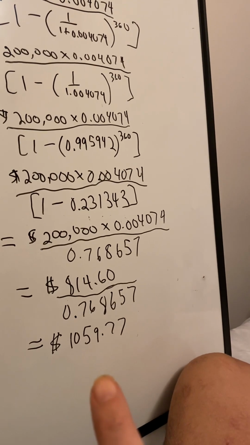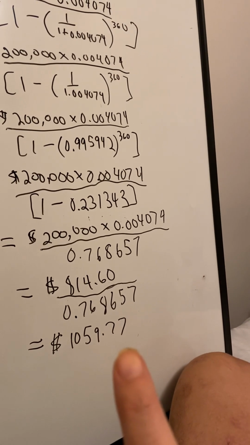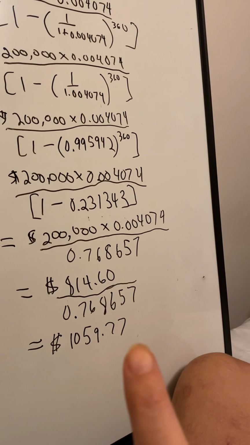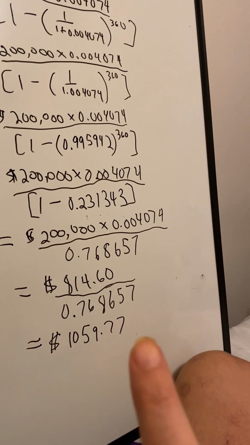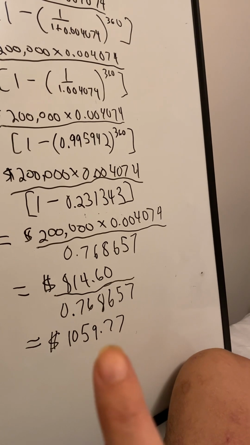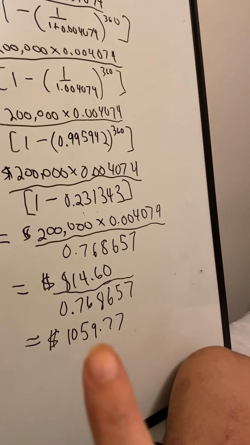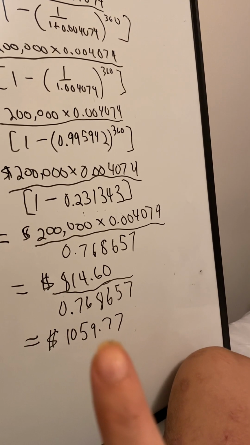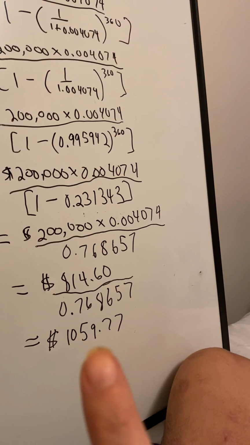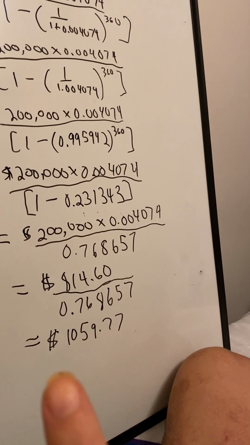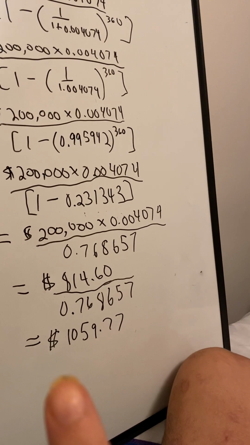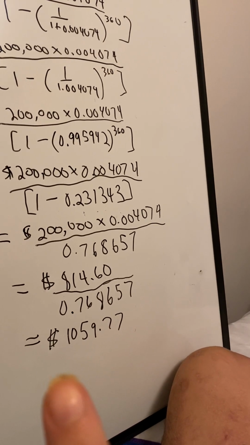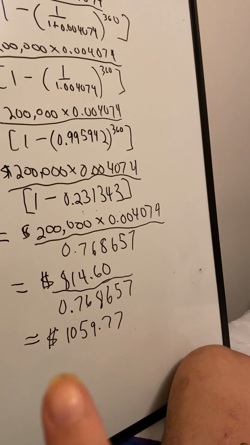We're making payments of $1,059.77, and we're making 360 of those payments. So as you can see, 360 multiplied by $1,000, roughly, is at least $360,000, and the loan was $200,000. So you can see we're paying at least $160,000 more in interest, but it's going to be more